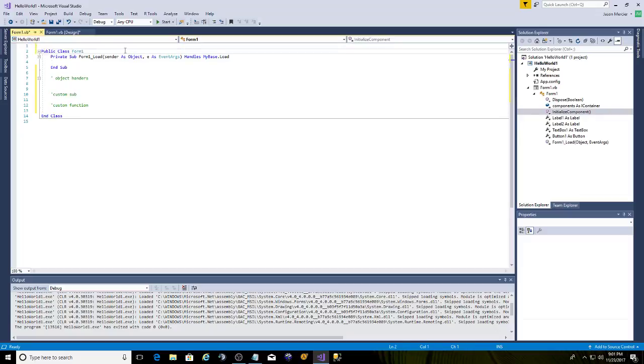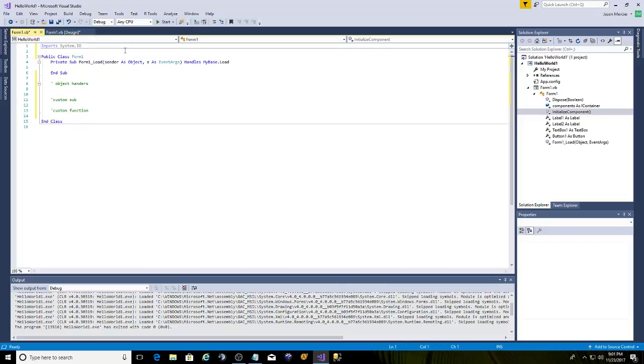I'll put all my imports here. So we'll do just import system.io, and these are importing custom classes. So if I'm using a class that's not standard within the .NET framework, you import your new class up here, and then that will change everything in here. That'll say, okay, so we're going to use system.io, so I know when I put in file, if I do dim f as file, it's not going to throw up an error,